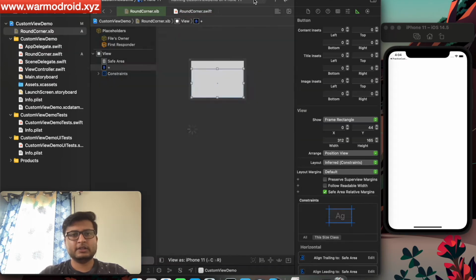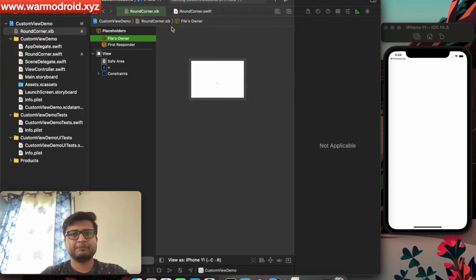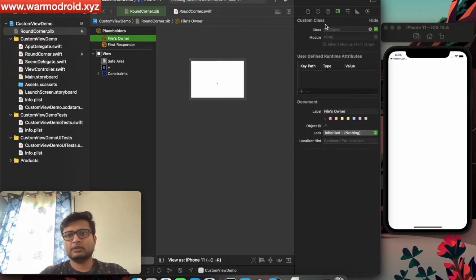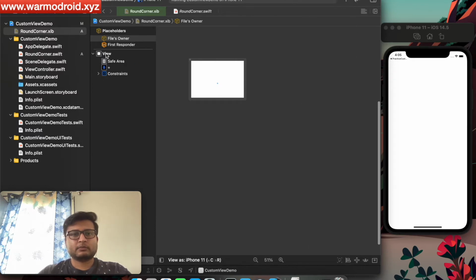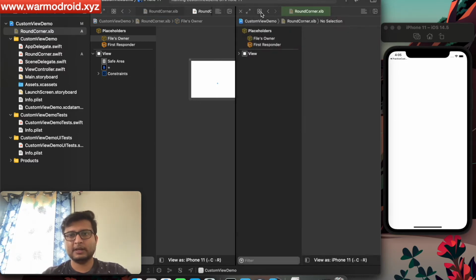Now we need to set this file as our XIB's file owner. For that we need to do it here. Now the Swift file and our XIB file are connected. Now let's create the outlets for this button and this view. For that, let's open the file parallelly.